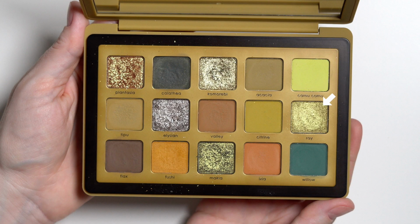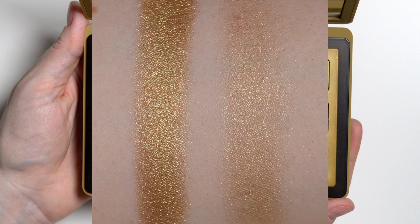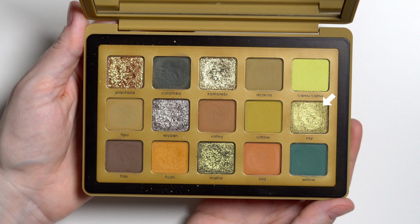And the standard shimmer is kind of like what you see in a lot of palettes. It's all fine shimmer particles. It feels very smooth. It has a kind of a smooth look to it. And there's nothing really chunky. There's less fallout from this shade. The powder mattes are kind of self-explanatory. There's nothing creamy about them. They're just powder mattes. And then the 2 creamy powders are...